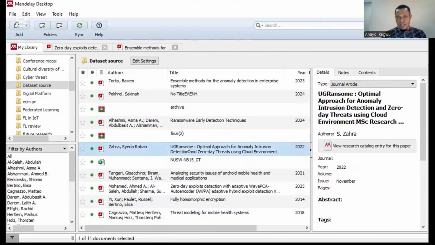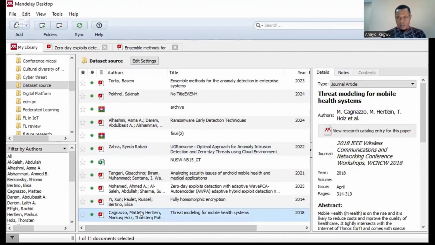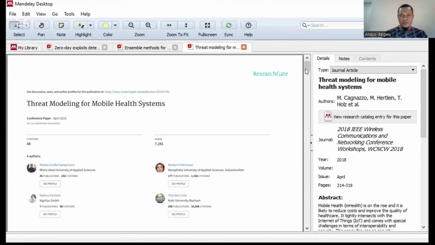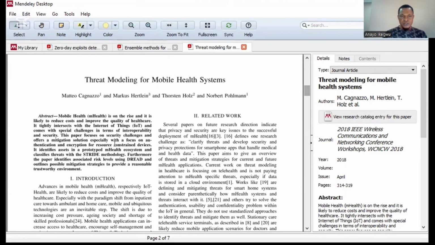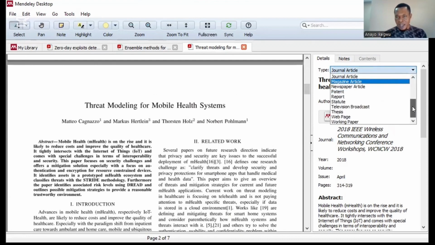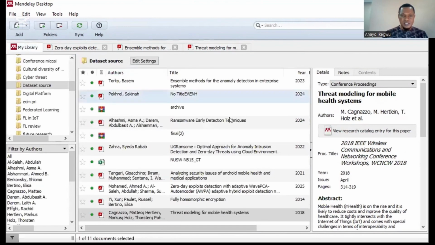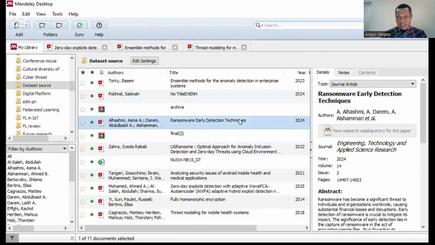Okay. Then this one now, the same way, if you open this one and scroll down, you'll see the information there. But this one is a conference paper. So you need to go under the type. You will see journal article. You scroll down and select the type of the article. That one is conference proceedings. You click on it, and it will reformat it because this is conference proceedings. Okay. So this is how you can manually check the